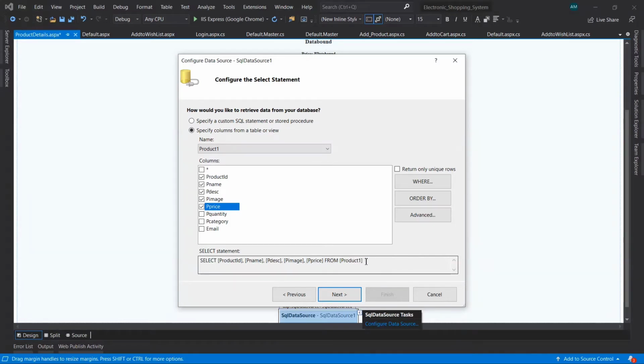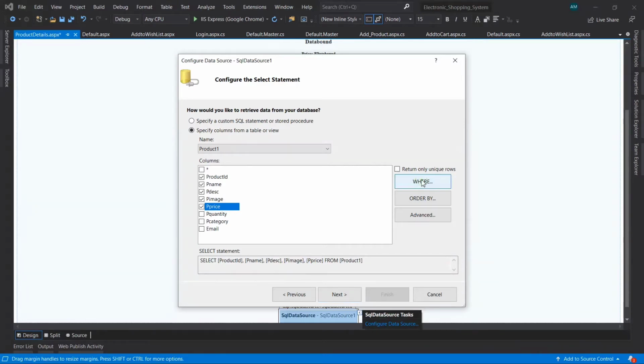Now we need to give a where condition as well, because we are going to get the ID of the product from the default page, the main page where all the products are present. When the user clicks on a particular product, it should get the ID of that product, and when he comes to this product details page, based on that product ID it will display that product's details accordingly. So we need to take the where condition.